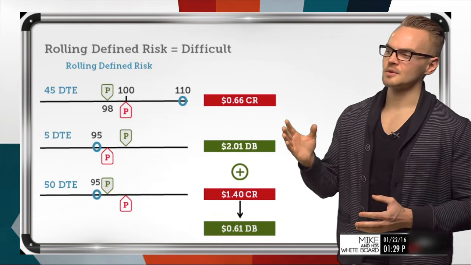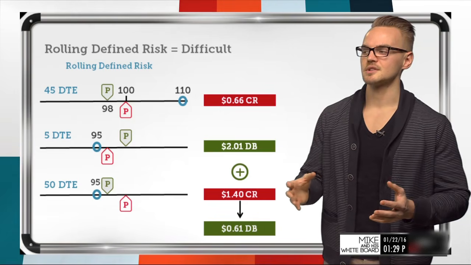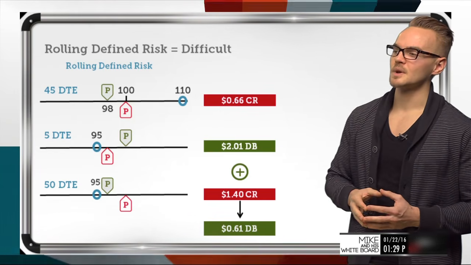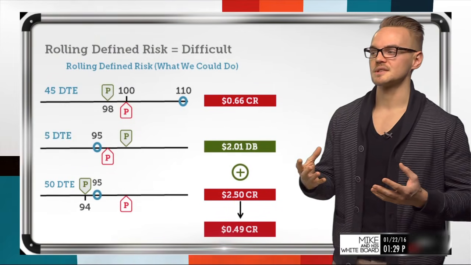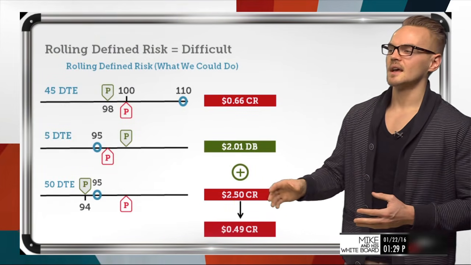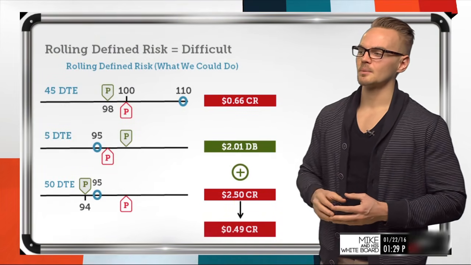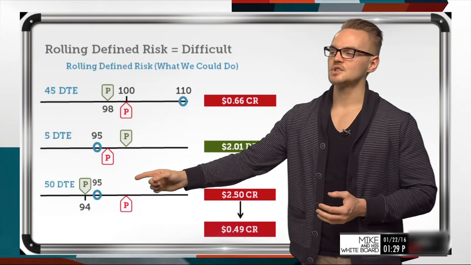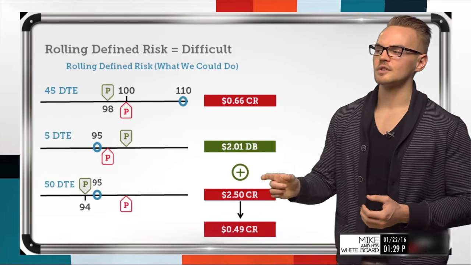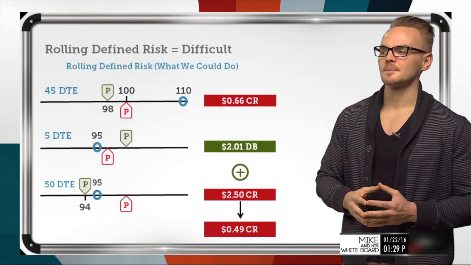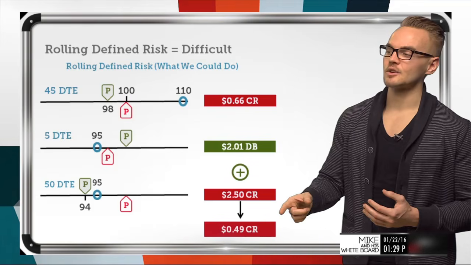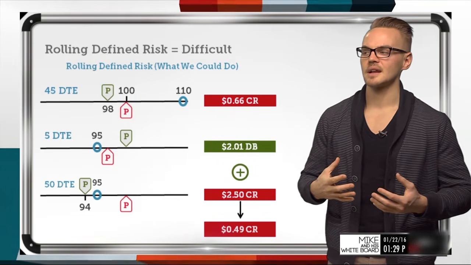So this is why you don't see us rolling the same strikes just out in duration as you might see with undefined risk. But if we go to the next slide, we can quickly show you how we might do this to adjust our risk. So instead of choosing the same strikes, when we go down here to the 50 days till expiration, maybe we would look at adjusting the long strike. So if I move the long strike even further down, I could get a larger credit than the debit I paid, which would give me that credit at the end. So I would see a net credit on this position.